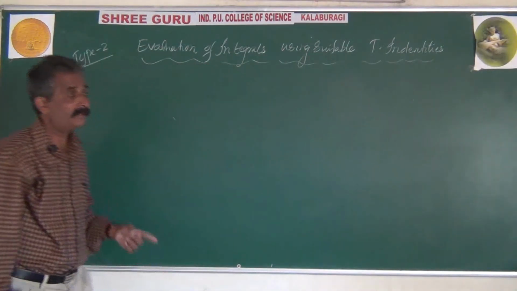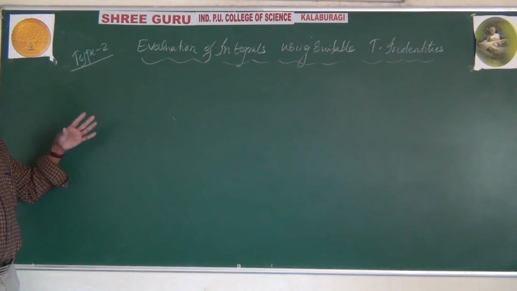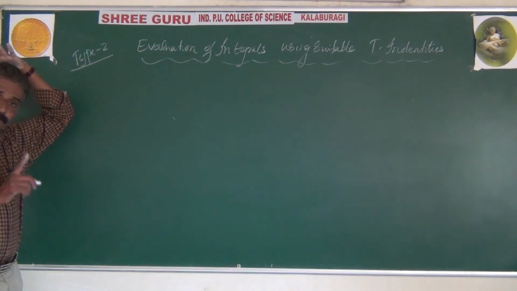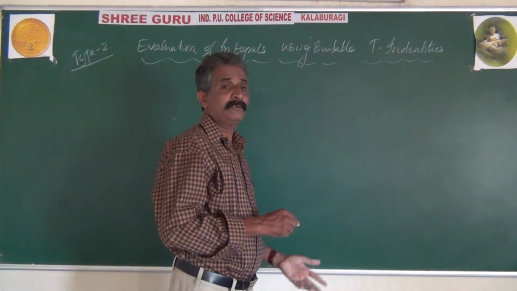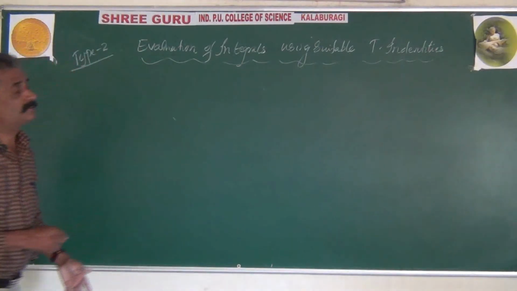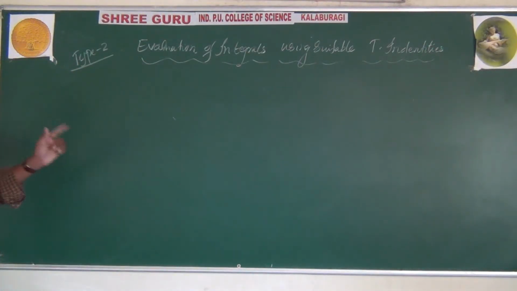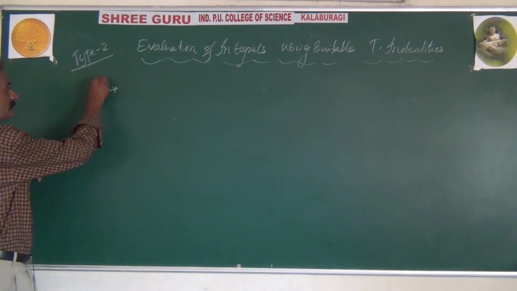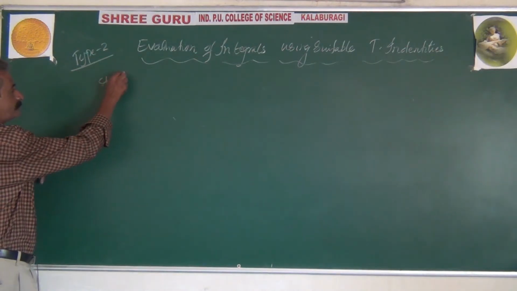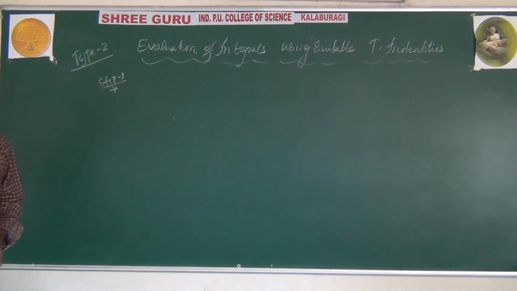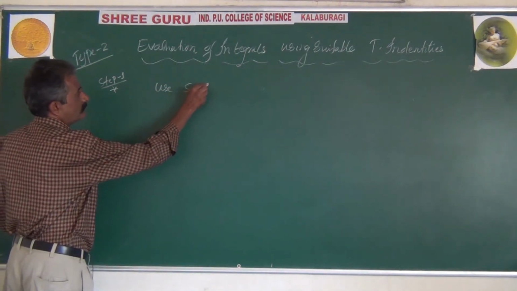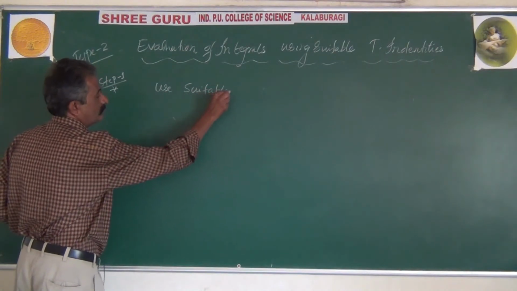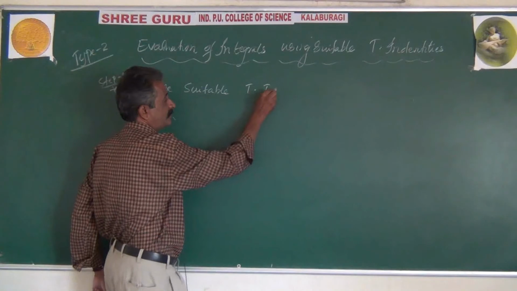So those must be presented at the right step. Then you need to apply the integration formula. So in every coming problem, first a suitable trigonometrical identity formula, then suitable integration formulas. So two steps are very key in these coming problems. Step 1: use a suitable trigonometrical identity formula.